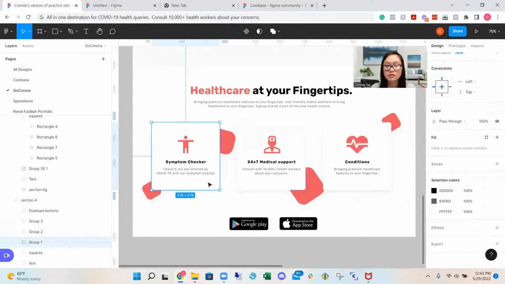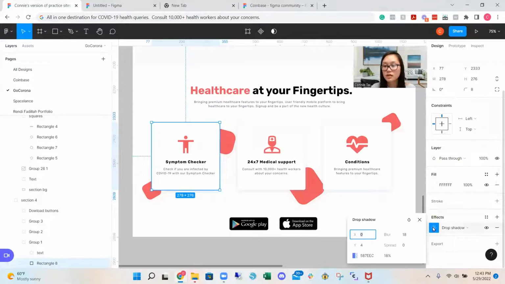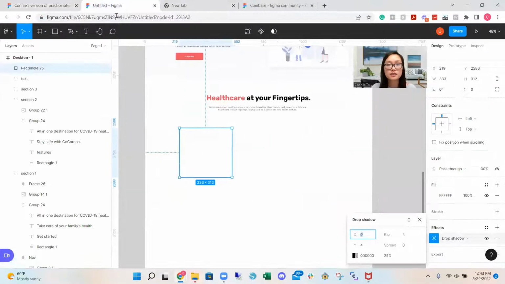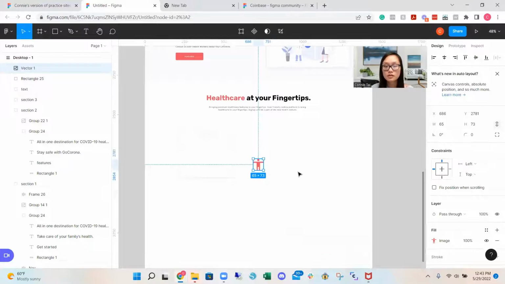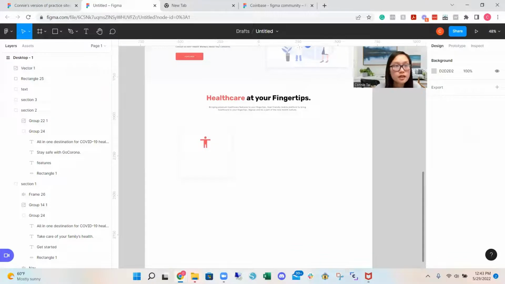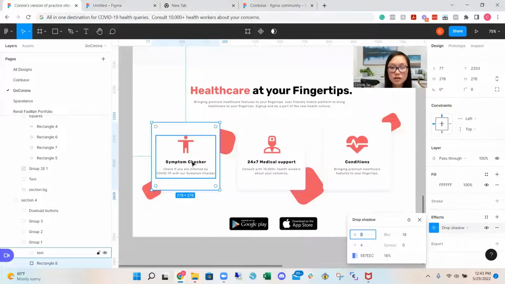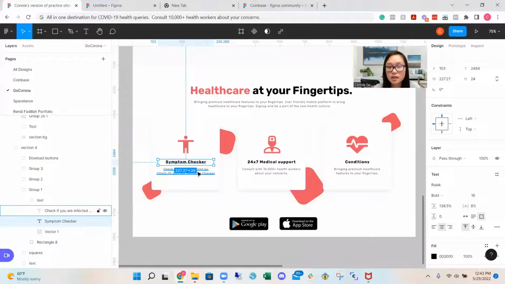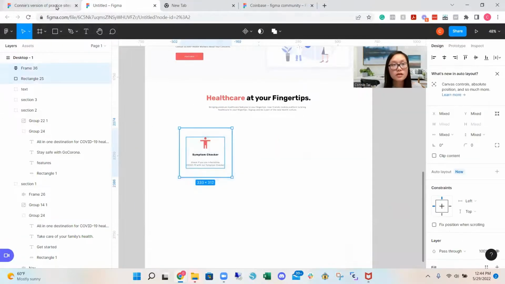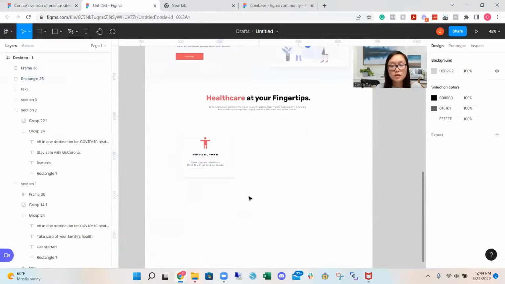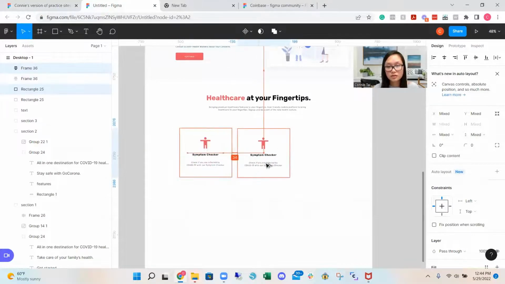So like 18, 4, and 18. Perfect. And then I believe there's a little human. Little human. And then this is 16 and, well, we're going to just take those. And then we're going to Alt, and